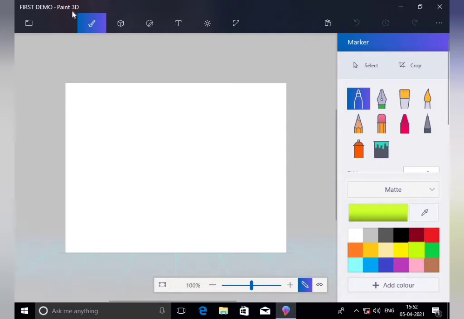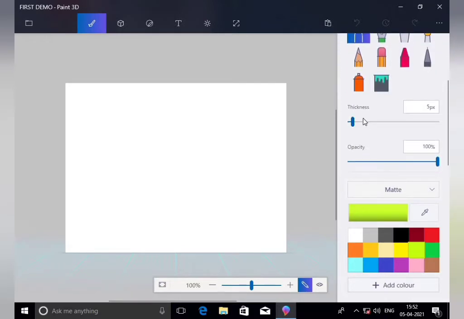Okay, now see here a marker, because here we choose this brush. First of all in the menu you can see art tools. Here are different tools that are used to fill a color, draw a color, right? Thickness also we can measure from here. Opacity we can do.